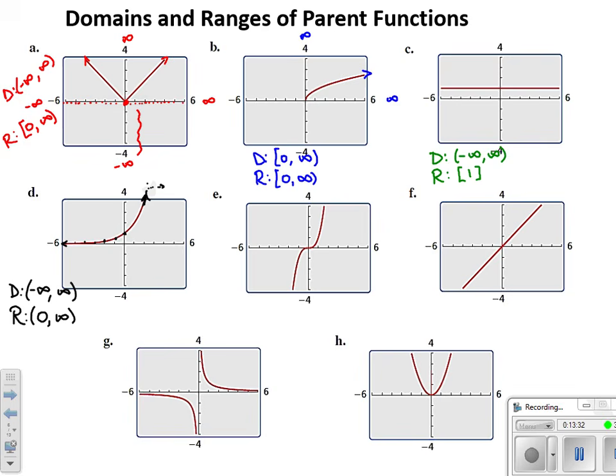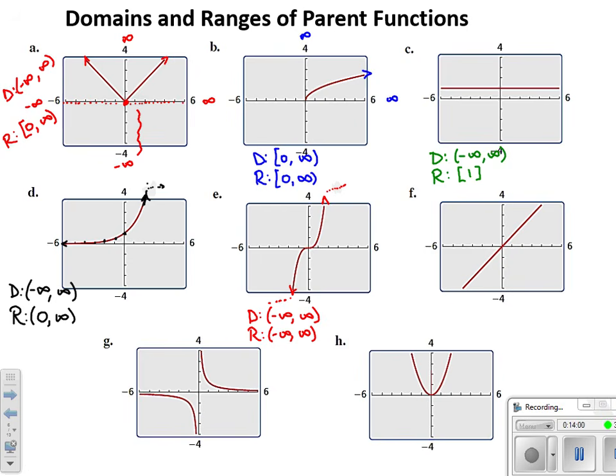For letter E, again, this graph will continue, and it continues, again, really, really slowly to open up if we were to keep zooming out. Yes, it's really steep, but it does continue to cover our x-axis, so the domain is all real numbers yet again, and the range as well, negative infinity to infinity. Every single height from bottom to top, this one's easier to see, is covered by that graph.